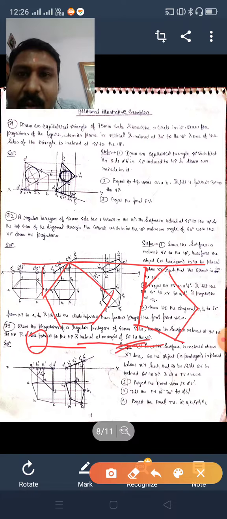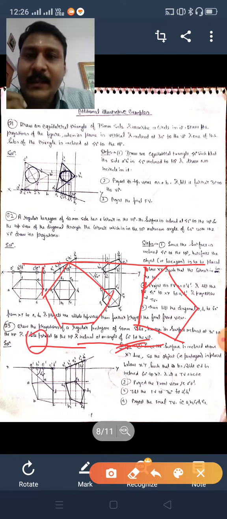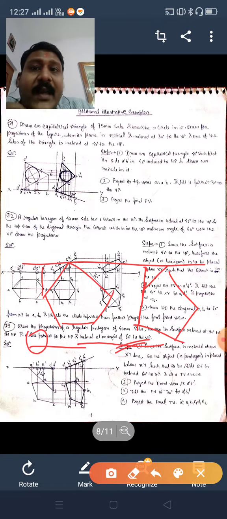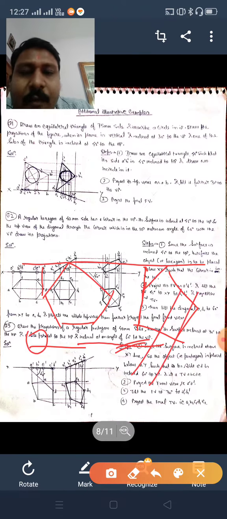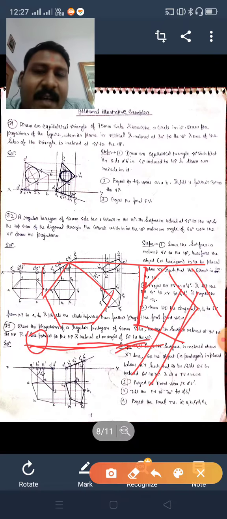In all other questions you have done like this. I have already explained it in my previous lecture. But here the condition is not given. So if the condition is not given, one option is that you assume the side, because in the second inclination you have to incline the side. Side is inclined 60 degree to VP. So you take the side like this, then incline that side only. That is also true. You can draw like that by the previous method which I have already explained.